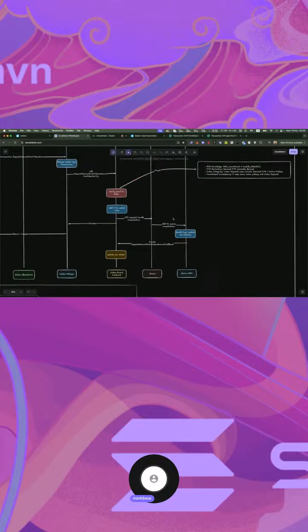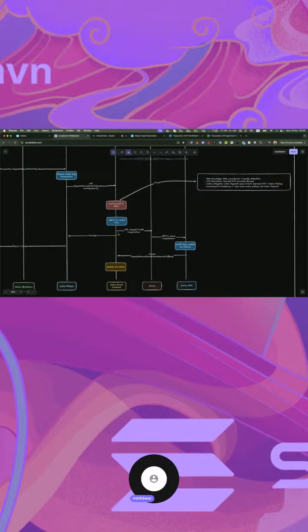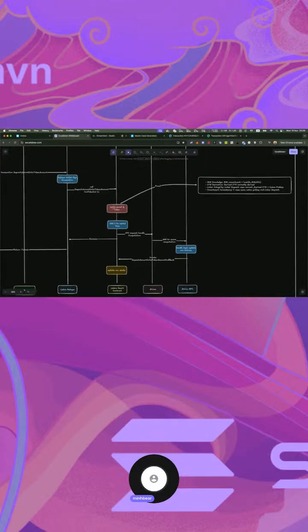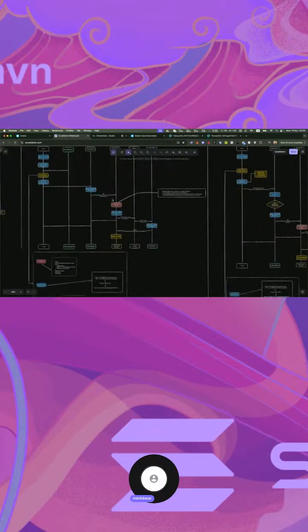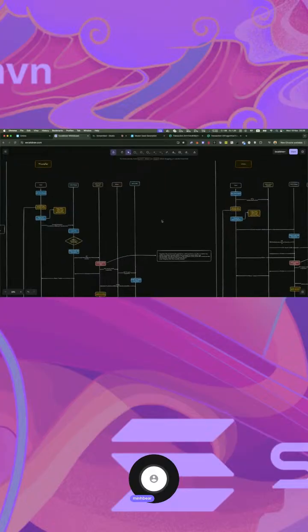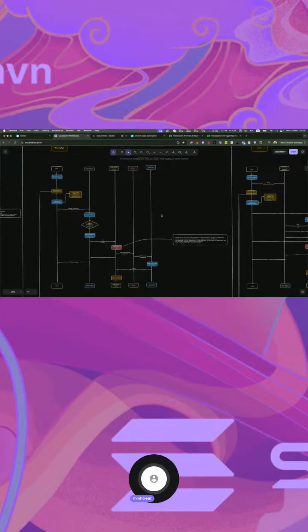Arcium will just receive the input from the Umbra contract, calculate it and return the new output to the Umbra contract, and the Umbra contract just stores the new state for the balance, right? And this process happens the same for the transfer and for the withdrawal, because they need to go through the Arcium MPC to calculate a new